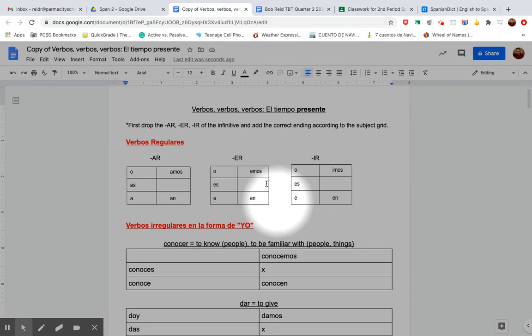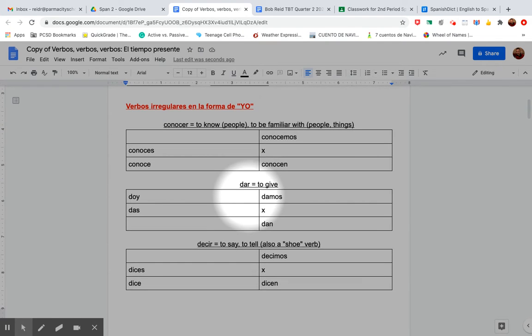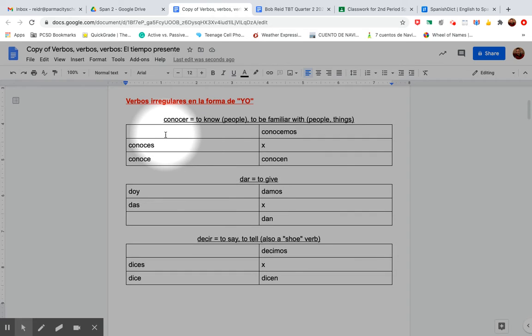Hola, estudiantes. I'm going to explain the first assignment that goes along with verbos, verbos, verbos. El tiempo presente. Here are your usual endings for the present tense: AR, ER, and IR verbs. Those still apply. Basically, what you're doing is filling in the missing form here for the first 12 here, which